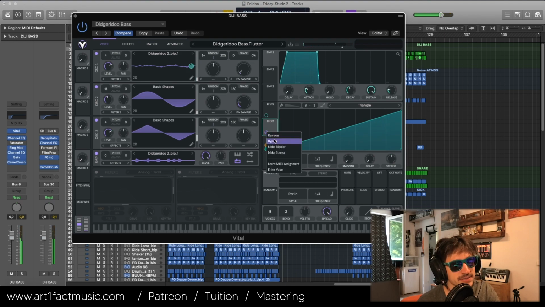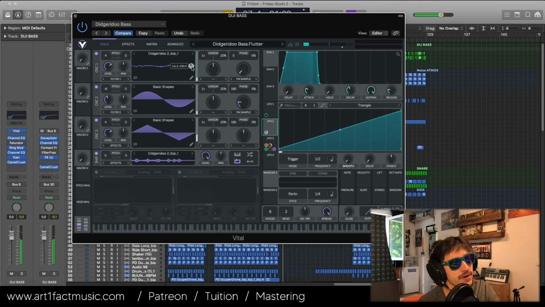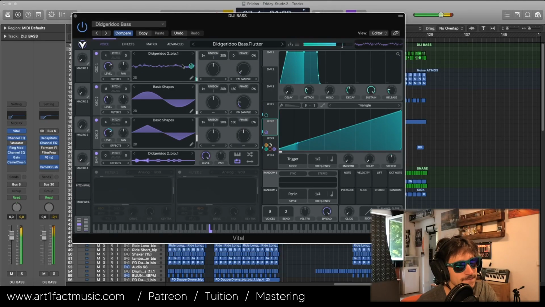And if I were to bypass this, for example, that's just the sound as it is without the modulation we've got going on here. So just by placing an LFO onto the position here, so let's reactivate that. You can see it has a lot of this weird fluttery movement, which is a nice effect on top of the bass. And if I mute this guy here,